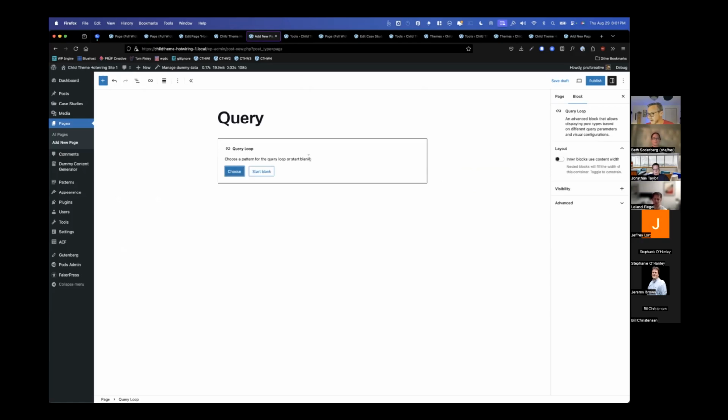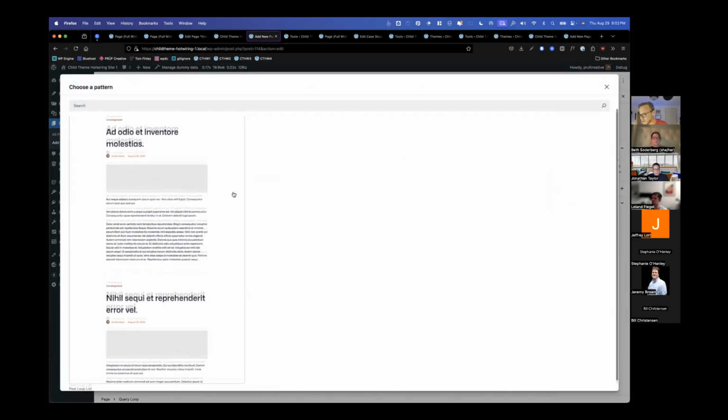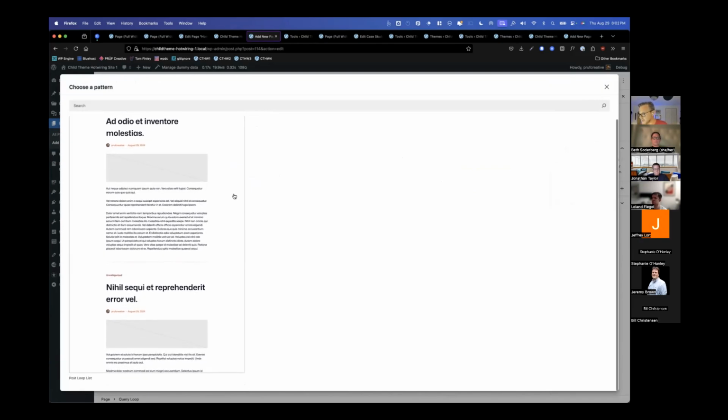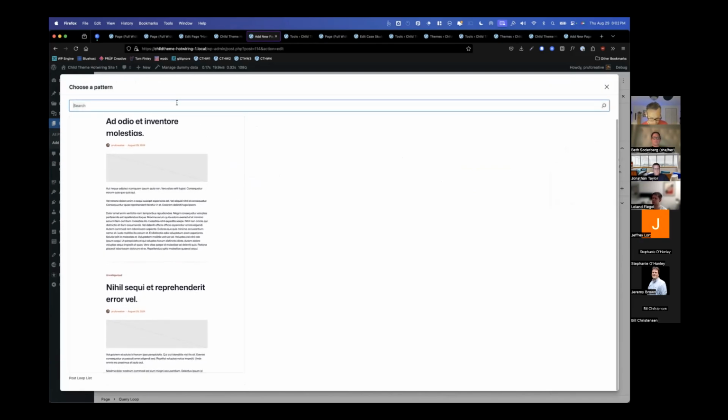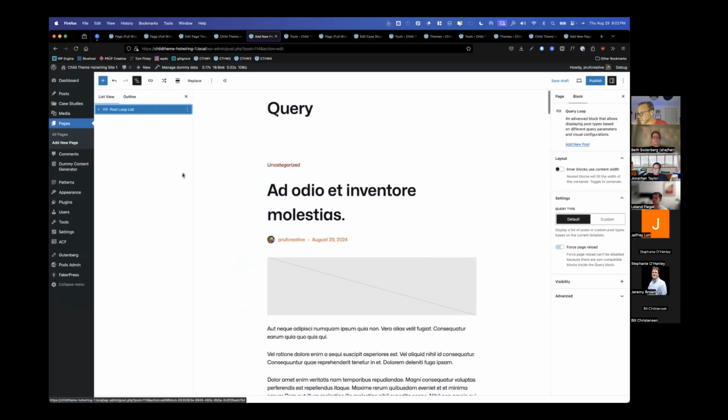You invoke it, set it on the page, and you can choose between some predefined versions of it. Ollie has this post loop list that it comes with, but as far as Ollie vanilla goes, that's the only one. Ollie Pro has quite a few more, either coming or that already exist.